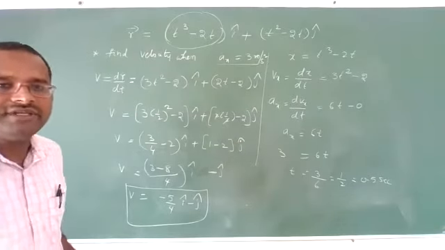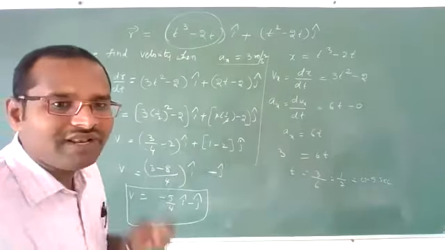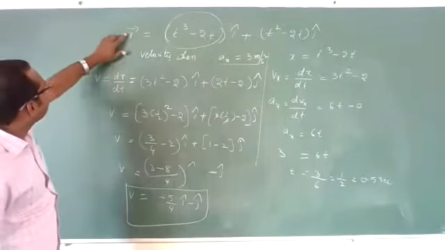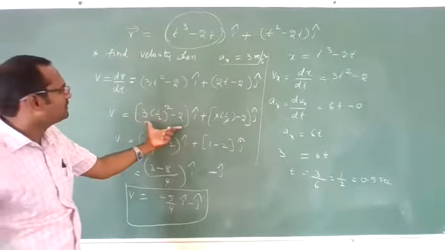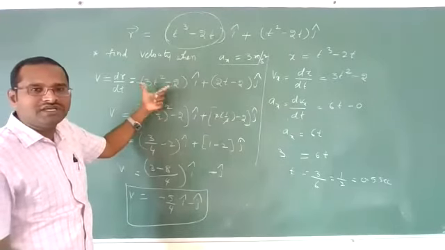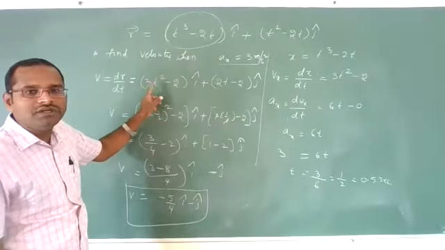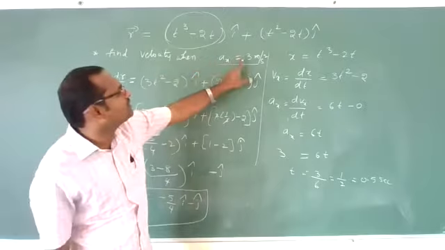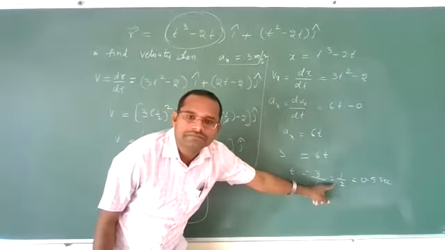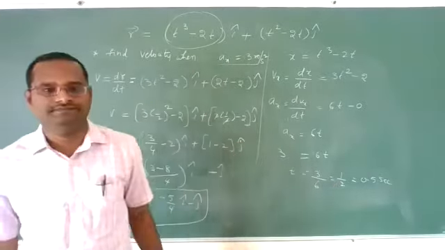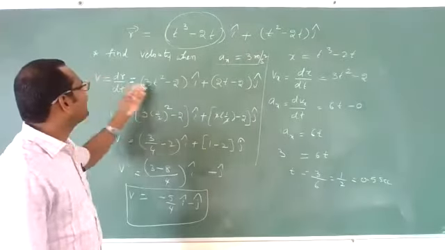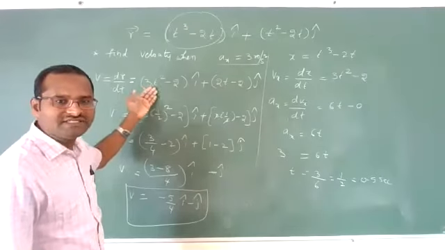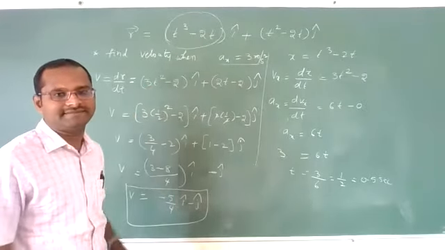I didn't divide with time. I want velocity. Velocity can be found by differentiating this one. I have got this equation, and in this equation time is the variable. This time I got from this condition. No need to divide. Directly, it is the instantaneous velocity finder. Put in the velocity equation, right? You will get the answer.